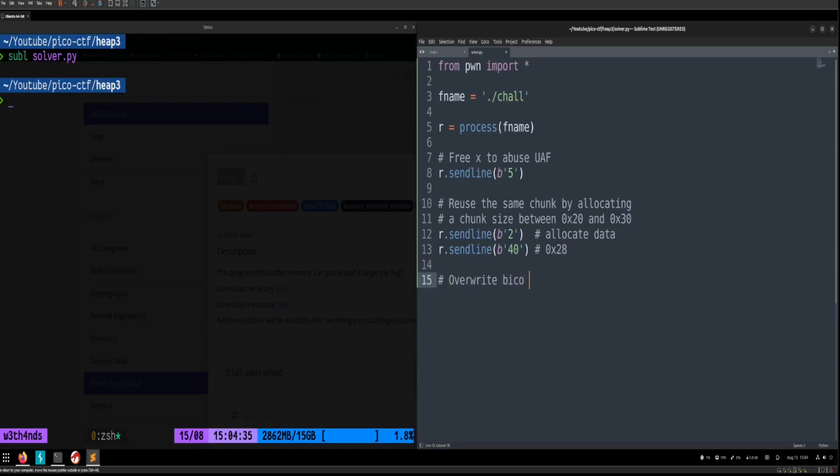overwrite pico with pico at 30 bytes, and r.sendline, I will use i's this time because I like it, I times 30 plus pico plus pico,